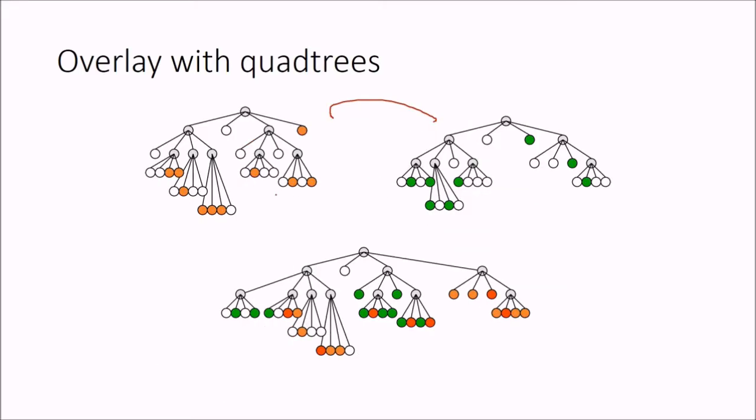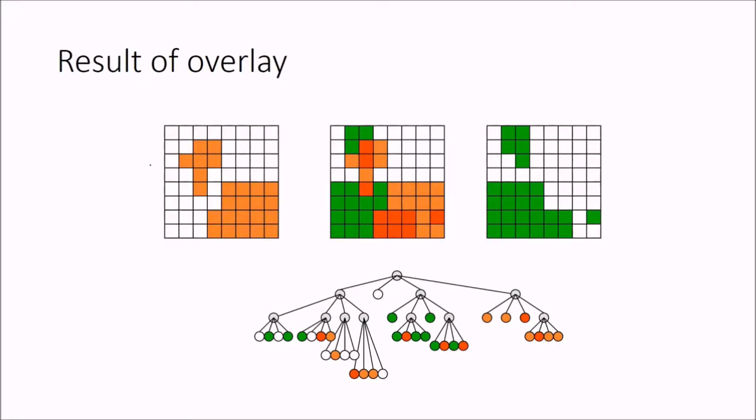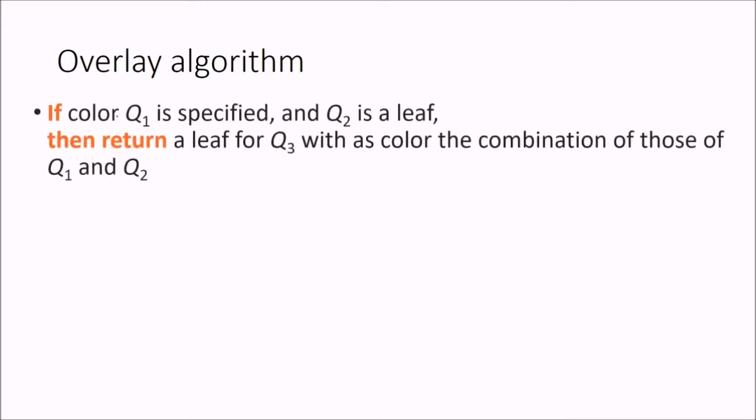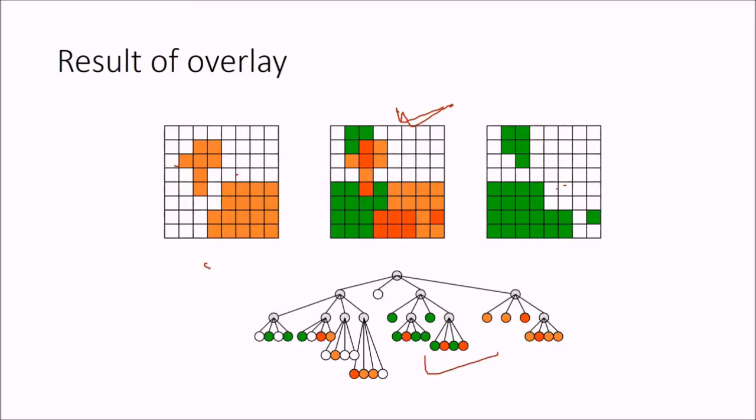So what we are going to do is exactly the same thing, because the final tree will also be a quadtree only. If you see this representation, the values are combined in terms of the quadtree. So the result of the overlay gives this result. If you overlay this, you will see that the result will be like this. You will be wondering how exactly we have got this tree, or how exactly the overlay has been done.